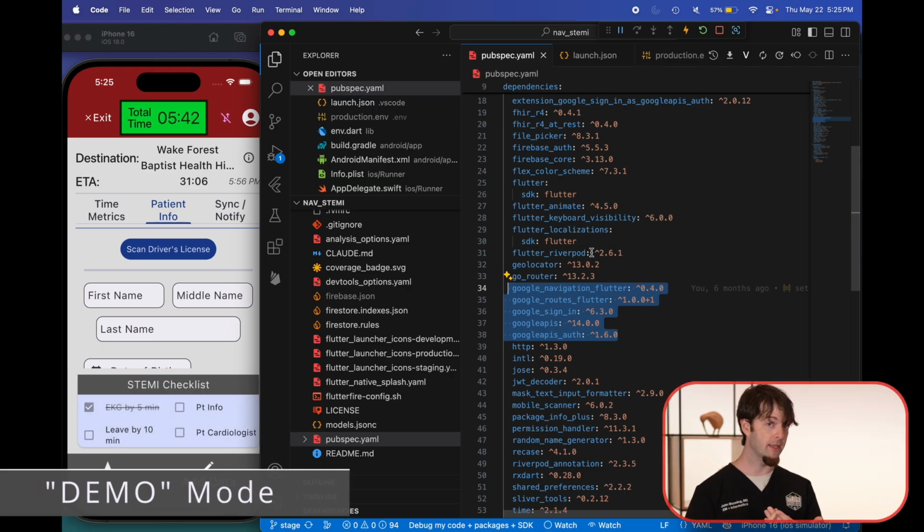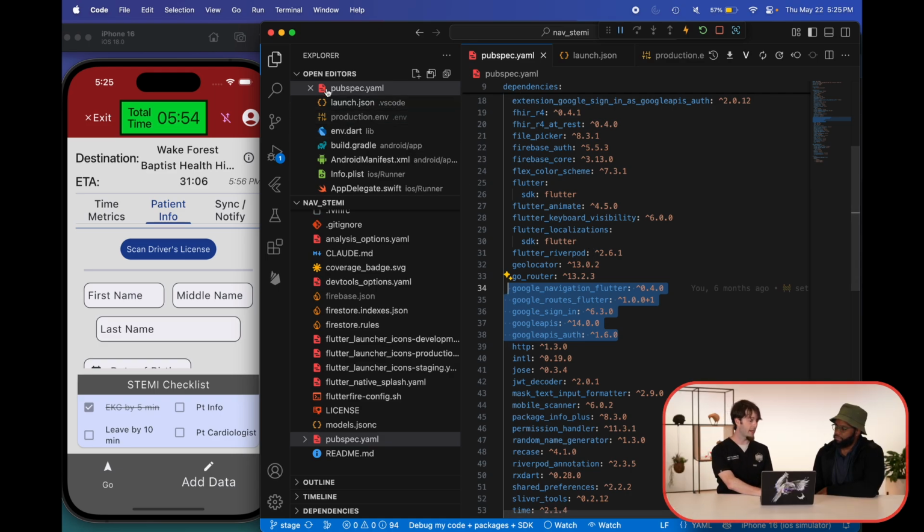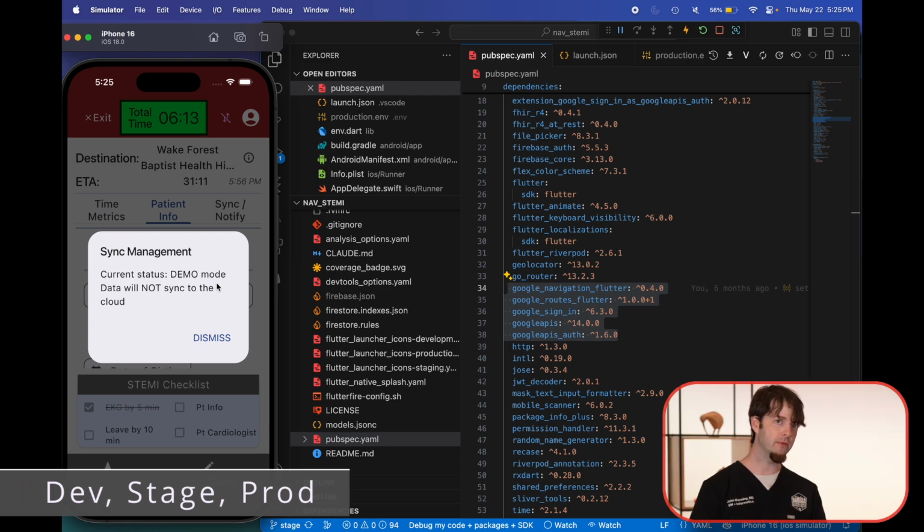And so at least at this point, or the time of this recording, and as we update it in code, we've set a safety cutoff for the stage environment where if I don't want this to actually be synced, I can see that this is in demo mode and know for a fact that I can scan a license, for example, without worrying about this getting converted into a patient data class and then syncing to a FHIR server, which would be bad.